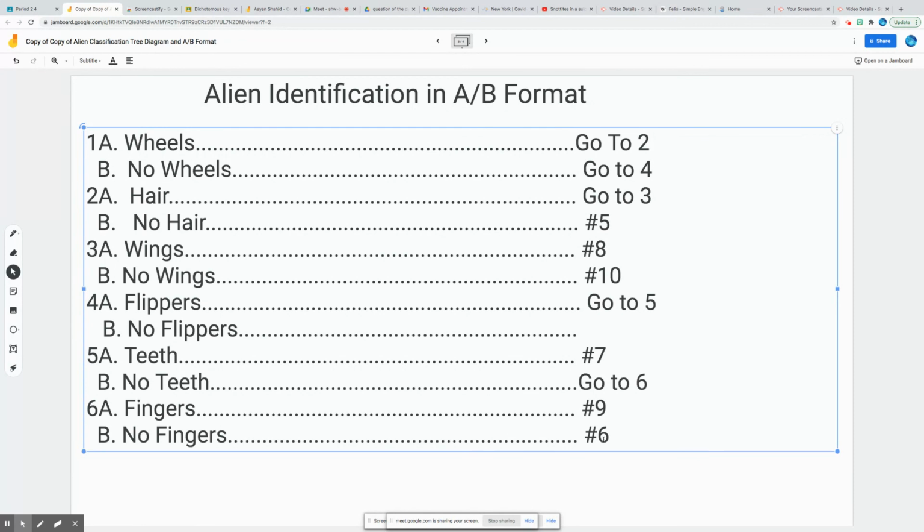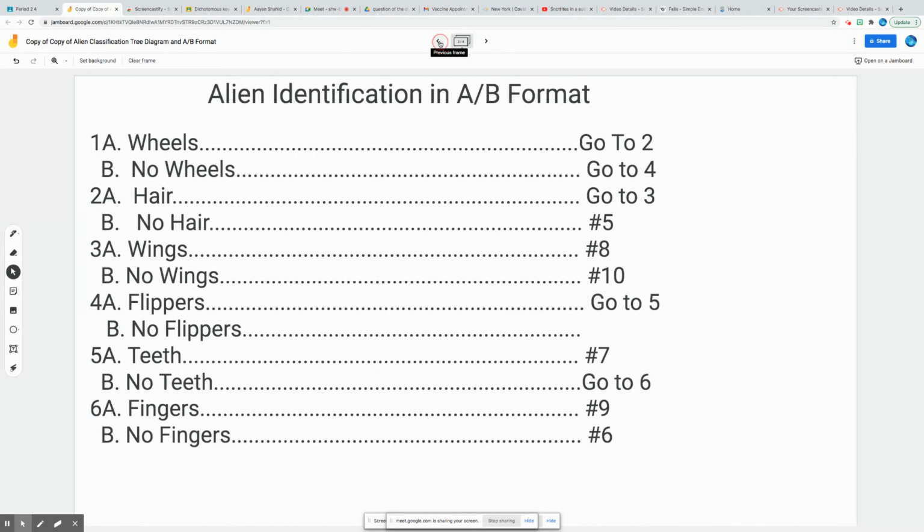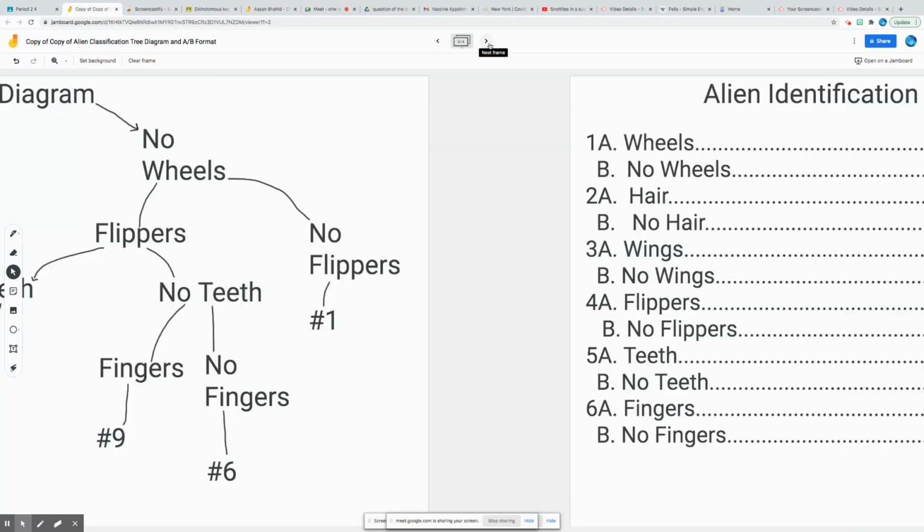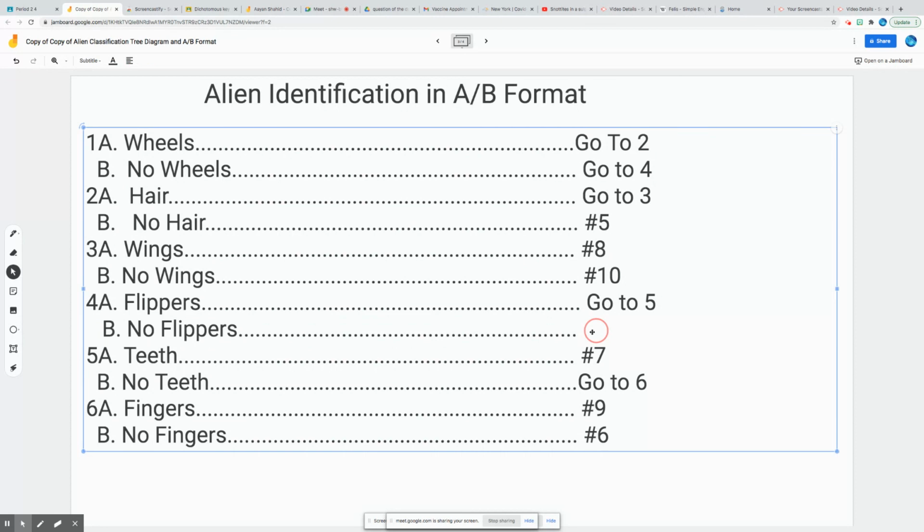We have to go back because we only work with one group at a time, work our way up, and we have a blank. So I have to find my no flippers group, which should be opposite my flippers group. So when I go here, no flippers is number 1. And again, I knew it was going to be a naming of an organism because I knew I had my 6 lines already. I knew I had A and B, and that's it. So this is your AB format. Sorry about the mistake and the confusion, but hopefully you